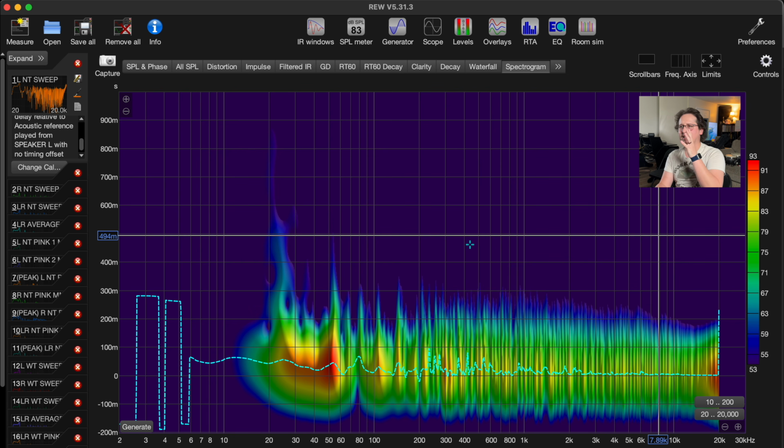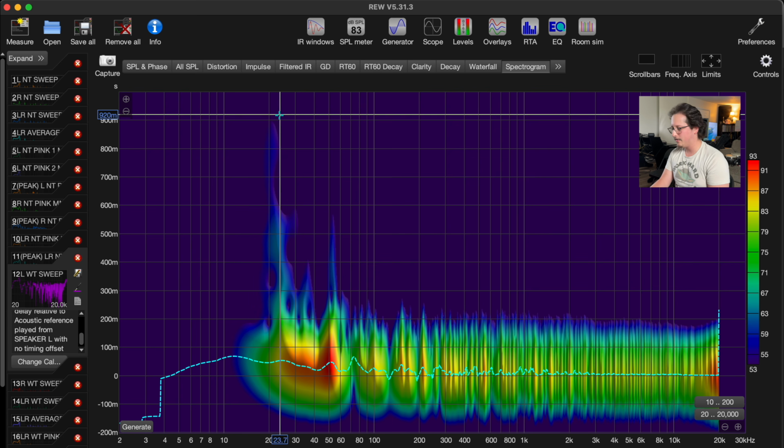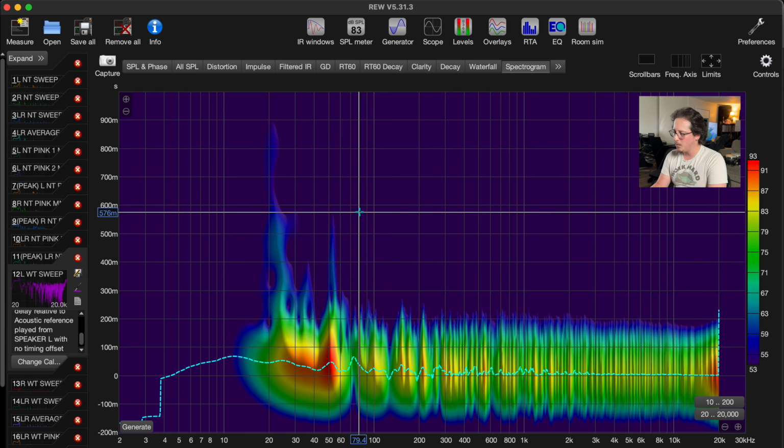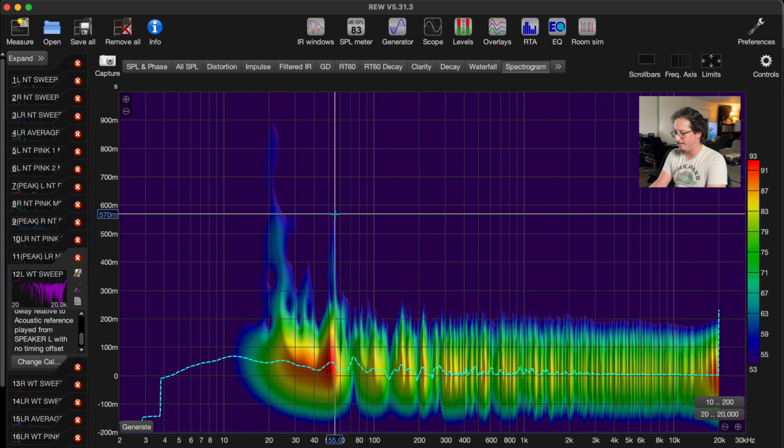I mean, measuring the left speaker with acoustic treatment in the room, you know? So obviously we still have that 20 hertz, because 20 hertz is going to be based off of a room node in the room, and I do not have enough treatment to cover that room node, which is totally fine. Like I mentioned, I don't use anything below that frequency range anyways, but we still got a big peak at